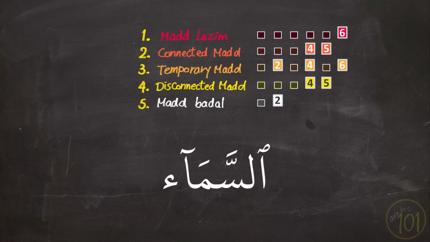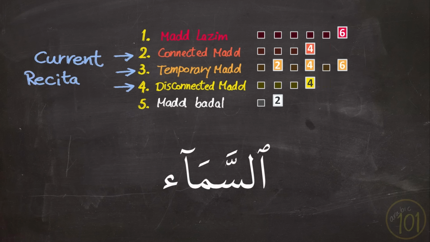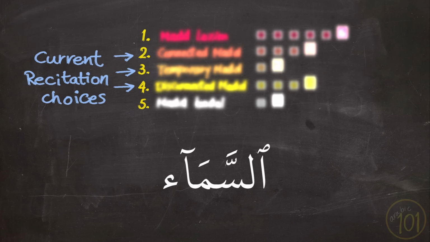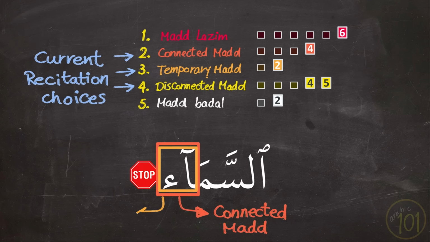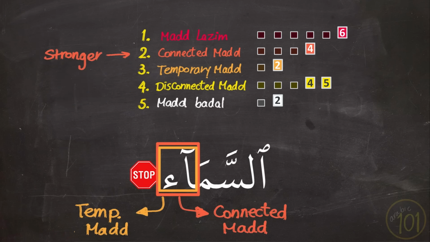Let's say these are your madd choices in this recitation. For connected madd, you elongate 4 counts, and temporary madd 2 counts, and so the hierarchy would look like this. If you stopped here, you will either apply connected madd or temporary madd because of the stopping. But due to my choices, the stronger cause would be the connected madd, and you would elongate for 4 counts,